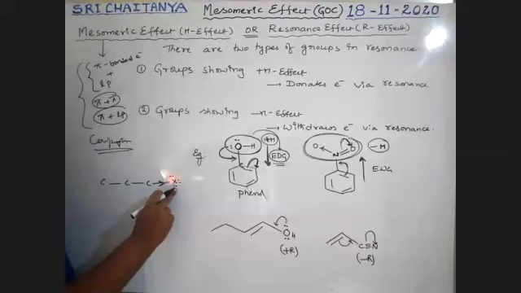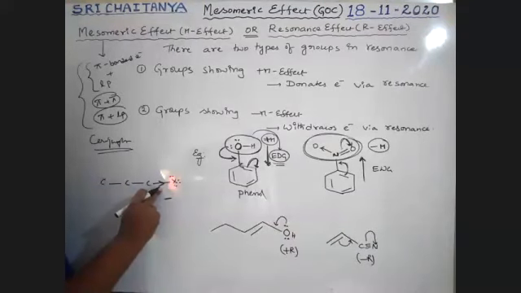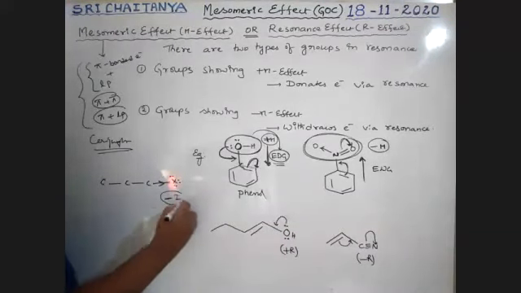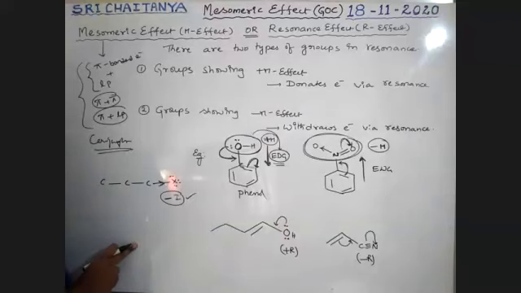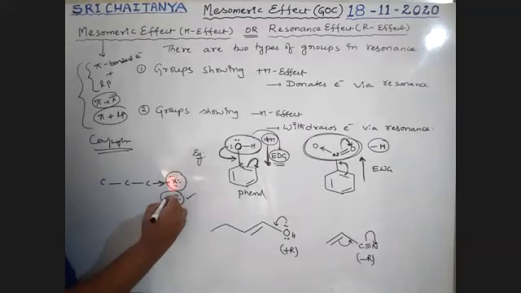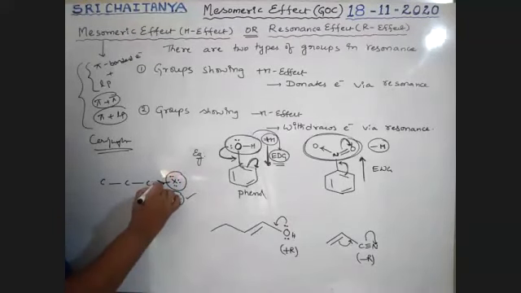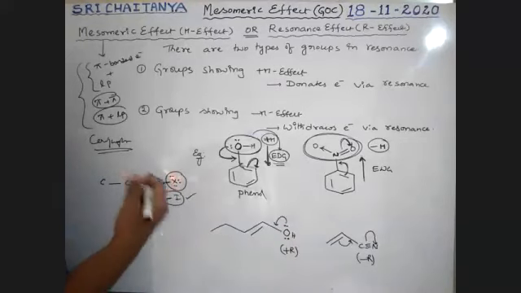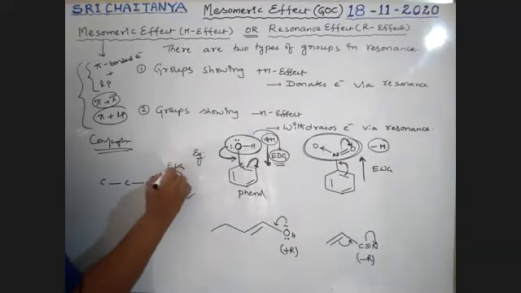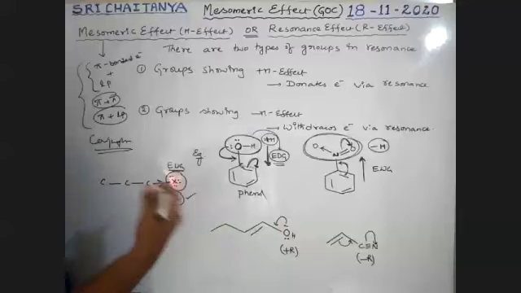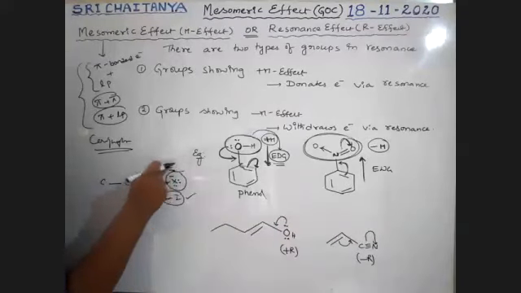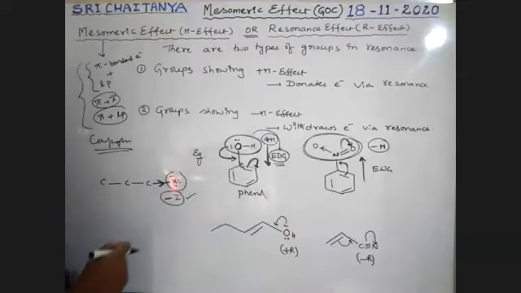Next, it is involved in sigma bonded electrons. That's why the effect is affected. So that's why it is a minus I effect. Okay, that means halogen is a minus I group. It withdraws sigma bonded electrons, so it is an electron withdrawing group. That's why I'm taking halogen as minus I.